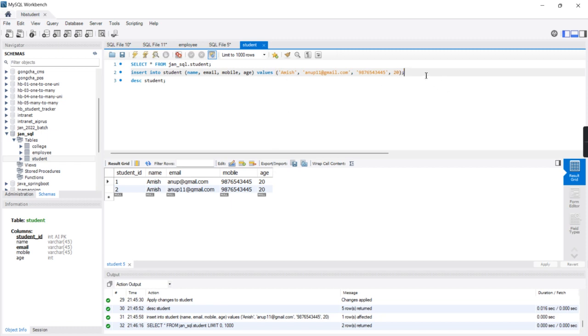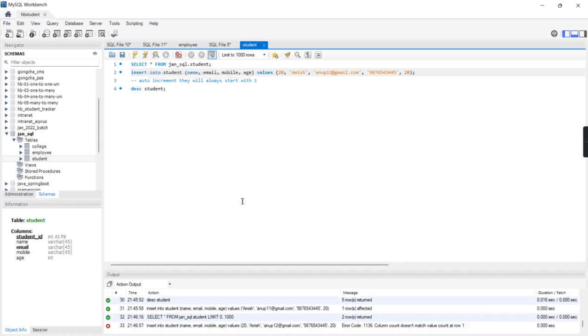So that 0, like we have added that auto increment, right? So always, if you are adding any auto increment constraint, they will always start with 1. If you are giving any value, so here I'm again giving 20, okay, and this name is okay null, I'm adding here 1 2, right? If I'll execute this insert into